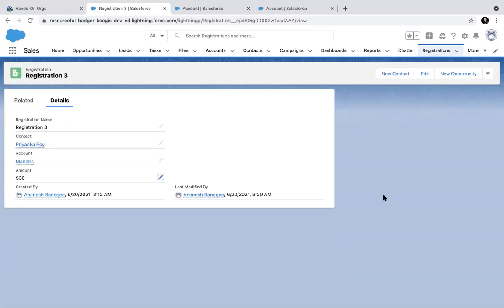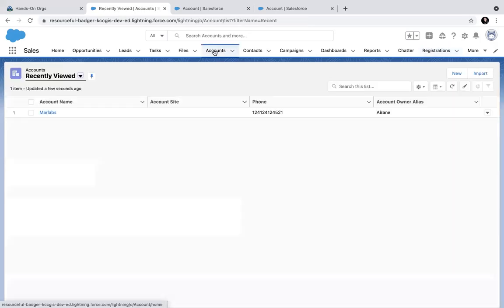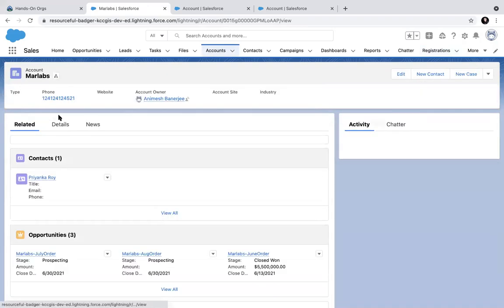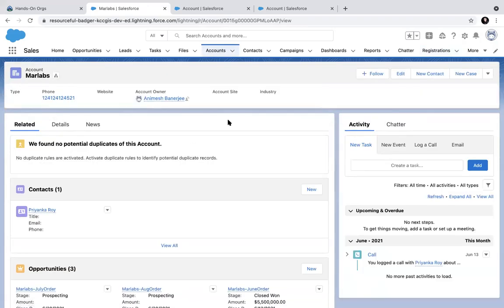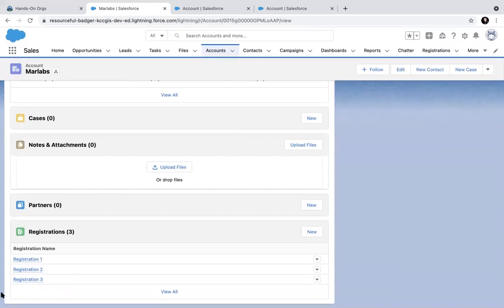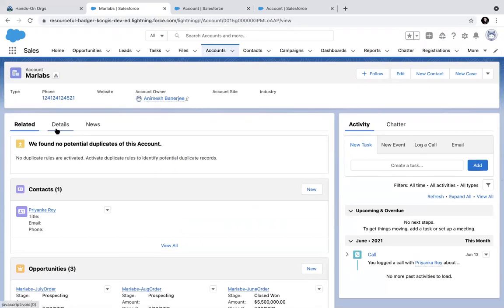What will show on the account? So I have three registration records. One has $10, $20, $30. What will show on the total registration now?